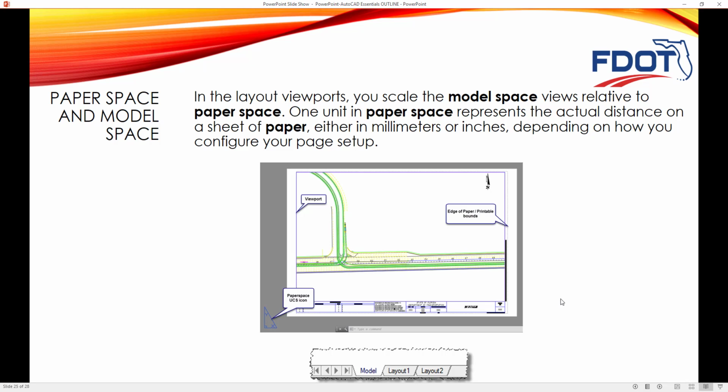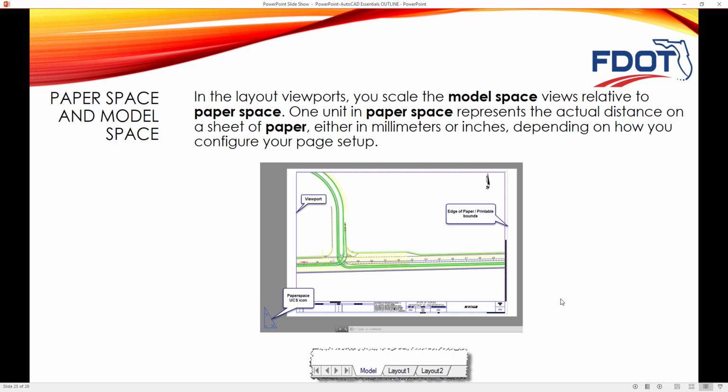In every drawing that we create in AutoCAD or in Civil 3D, we have what's known as layout tabs and model tabs at the bottom corner of our screen in our user interface. On the model tab, of course, what we've been doing through these past few sessions is using model space to create our drawings and create our objects and insert our blocks and things like that. When you do that in model space, you do everything in 1 unit, or 1-to-1 scale, which is whatever the size that the actual shape is, that's the actual size that it should be in model space. And this is so you get a correct scale when you go to scale your drawing